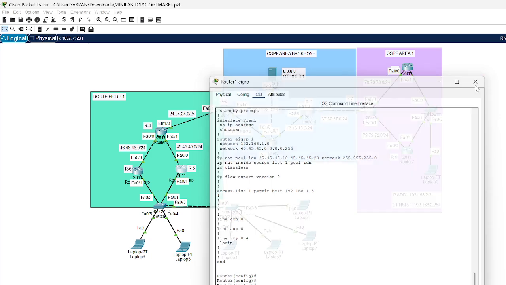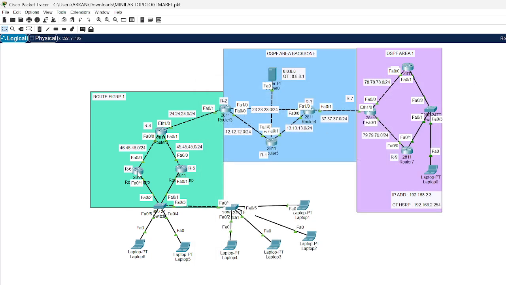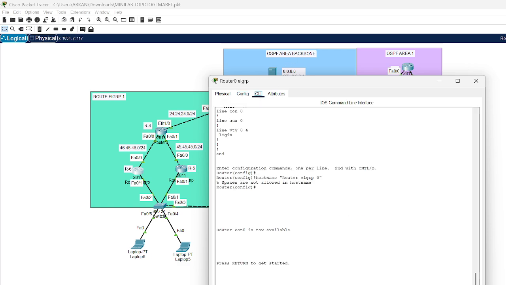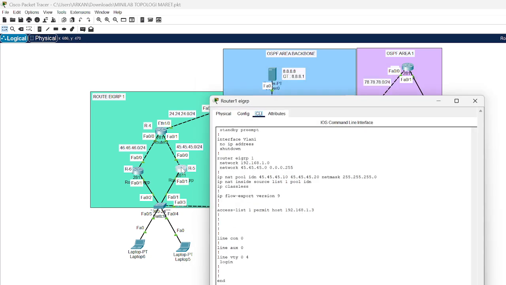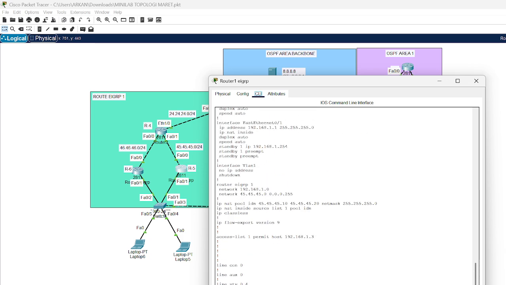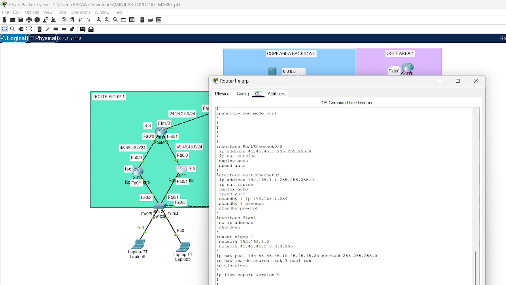The configuration in router 6 is same like in router 5. Oh yeah, in router 5 I also make HSRP. Oh yeah, in NAT we don't forget to use IP NAT outside and inside.